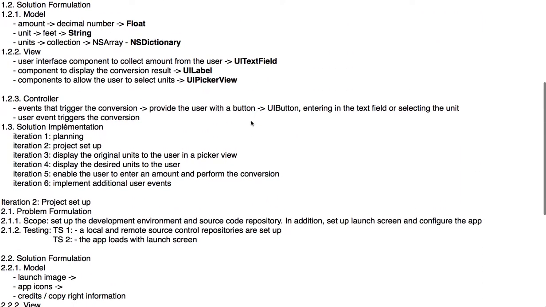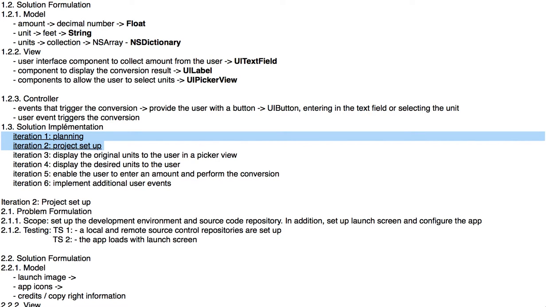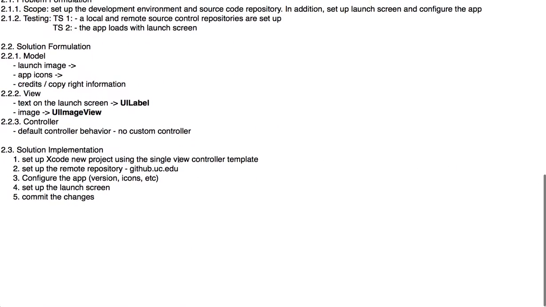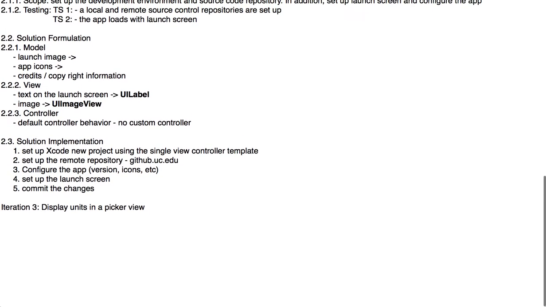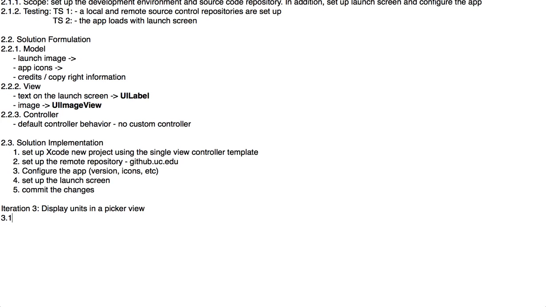So we're now ready to go to iteration number 3 to set up the unit and display it in a picker view. So we say iteration 3, display units in a picker view. And we're going to focus in this iteration on just one single picker view. So in the problem formulation, we'll say that